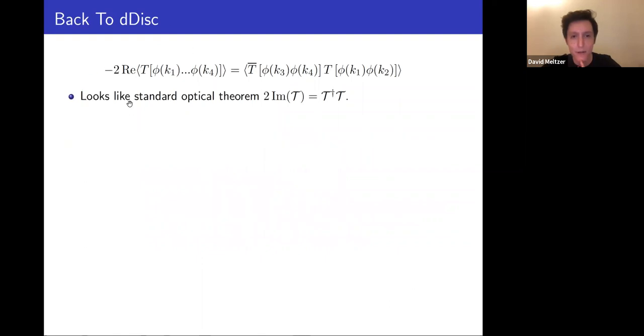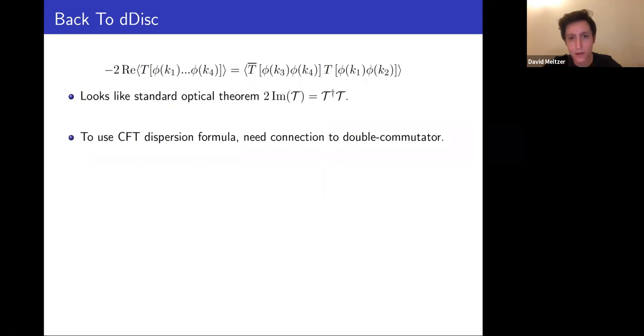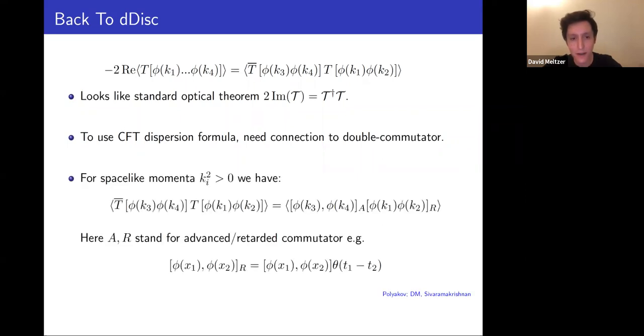Right, so I just want to make the point that this looks like the optical theorem. And if you open up old textbooks, this is how some axiomatic people prove unitarity of the S matrix. But here we're interested really in the CFT dispersion formula. So I want a connection to the double commutator. So I'm going to use the spectral condition one more time. And I'm going to show that